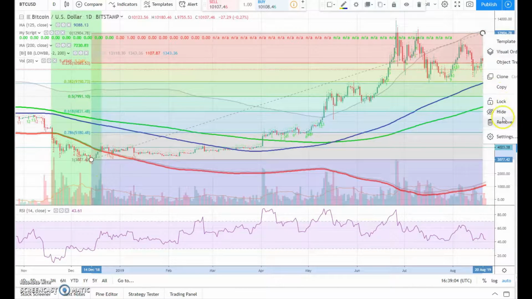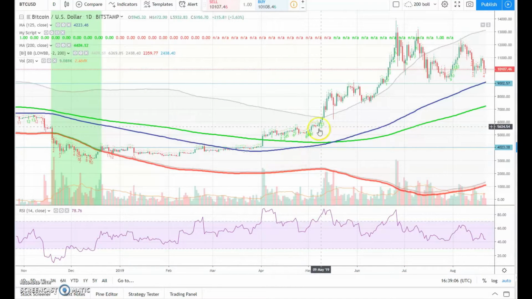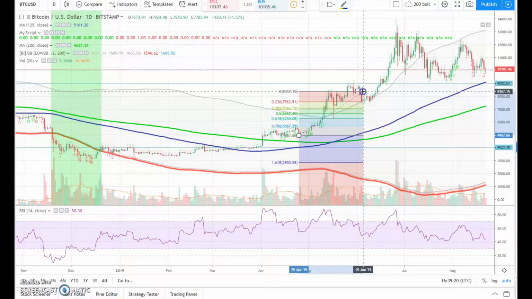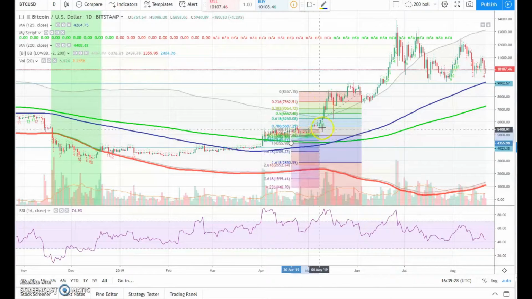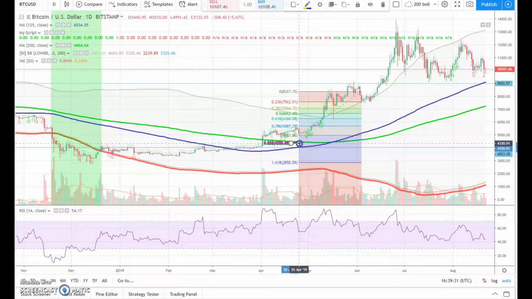Let's take this away for a second and just have a look at this. This is the daily chart, and let's just see from this low here to this top here. If we measure from the low here and take it to the higher level up there, you can see that, funny enough, the correction here was exactly the 61.8% level, and that should tell us that it's probably a second wave,